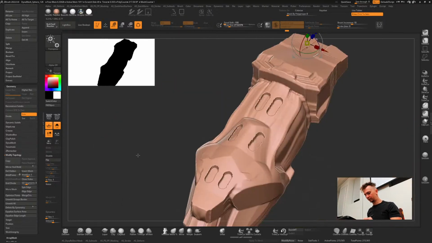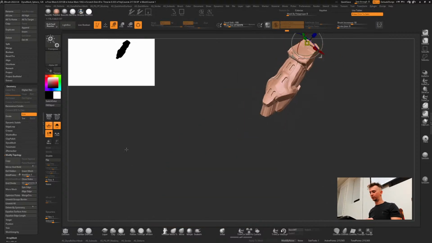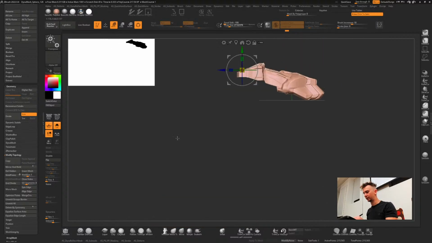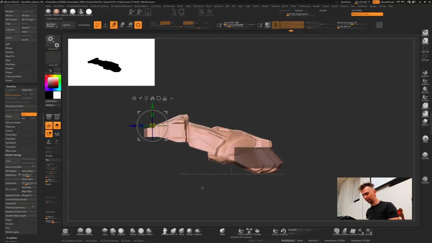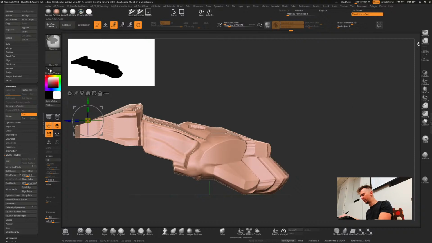Yeah, sort of looks messy, but the whole point of this exercise is just to have fun. During my entire career, all I was ever concerned about was delivering production-proper UVs, proper topology type of models.